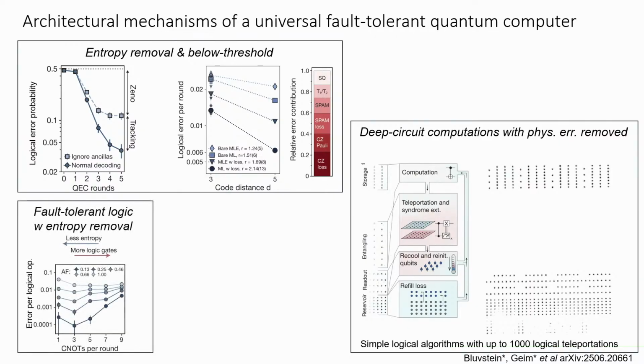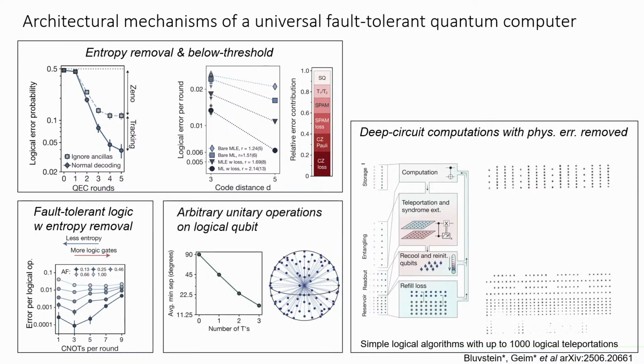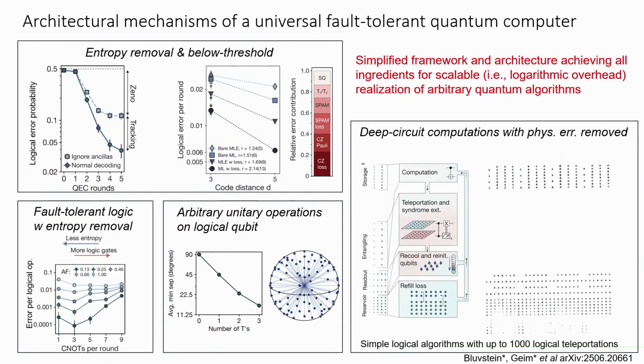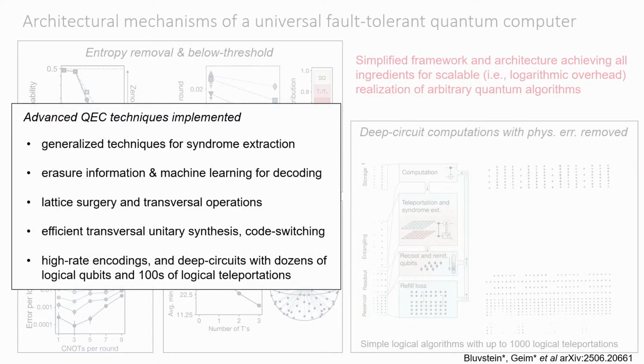We studied how this entropy removal gets interspersed with fault-tolerant logic and how that interfaces with the so-called correlated decoding technique and being able to reduce the number of error correction rounds one needs to do. As well as efficient mechanisms for how to do arbitrary unitary operations on logical qubits, even in ways that are fully transversal. Broadly, I think we now just have a much cleaner understanding of what things you do and don't need to do universal fault-tolerant processing, and have a simplified framework in mind.